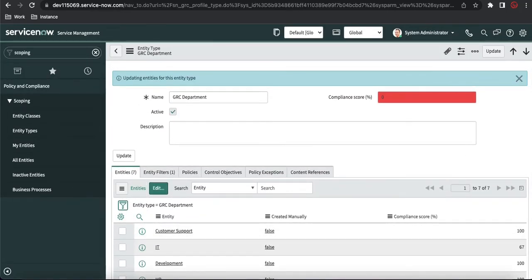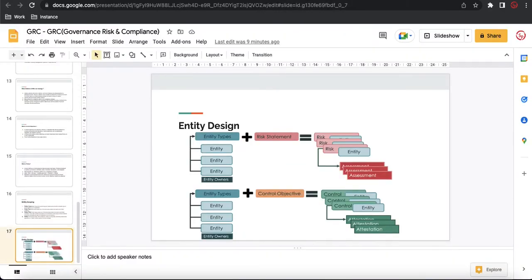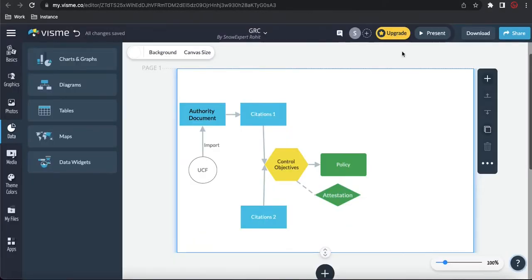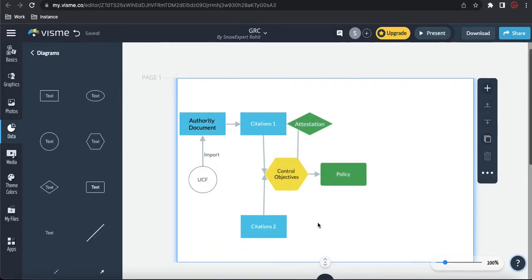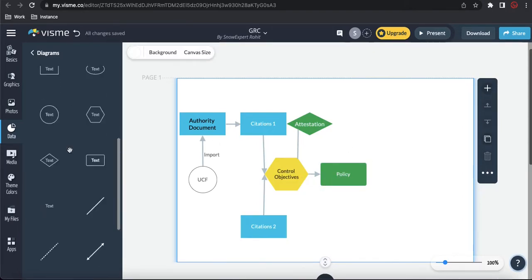So let's go back to our diagram and design the diagram here. You can see this mark means that it will be created manually, and this one is either manual or, you know, by UCF document. So what we'll do in this diagram now, this is the policy. What I am going to do here, I am going to